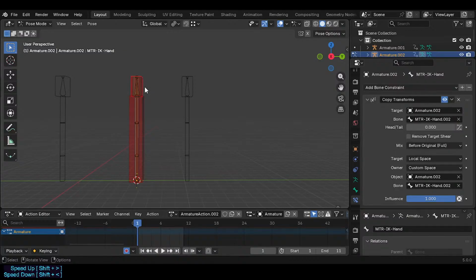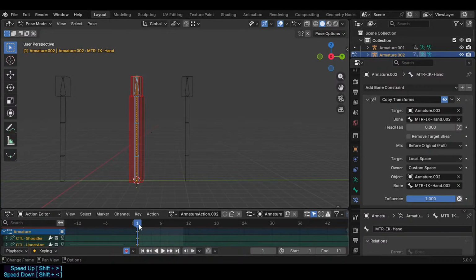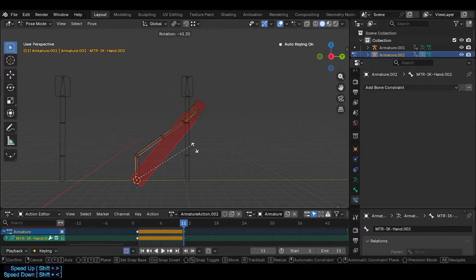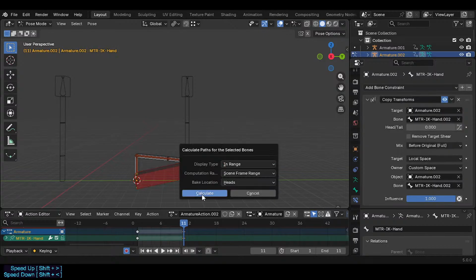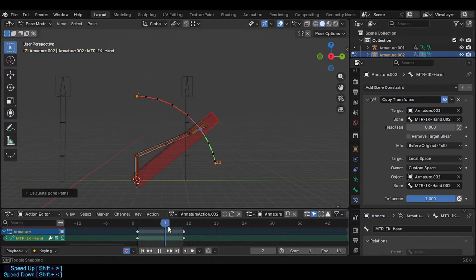So we could keyframe everything here, but then for this one, and if we get this arc of motion here, of course this is an FK behavior, right? Fake parenting solution. And if we disable this